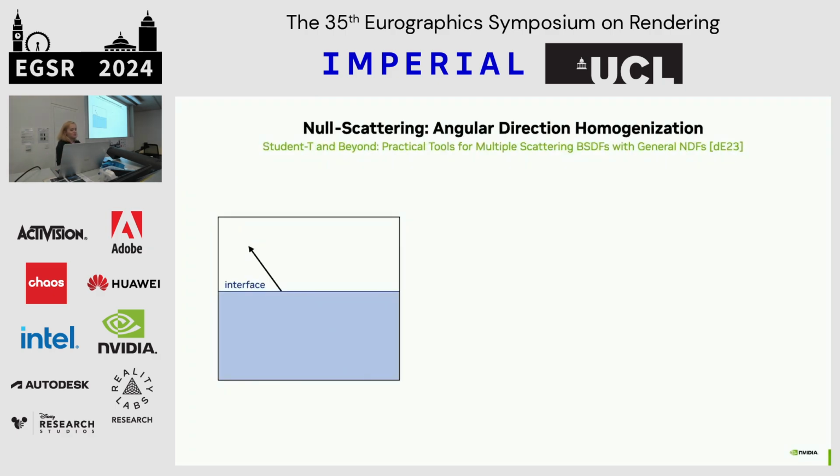This changed last year, because null scattering was introduced in 2023, also by Eugene. And so what the paper is doing is presenting a way to evaluate these full sphere NDFs. Quick description of the algorithm. It is inspired by distance sampling of heterogeneous volumes, known as Woodcock or delta tracking. What you do is you extend the ray into the volume, and then you sample a distance,